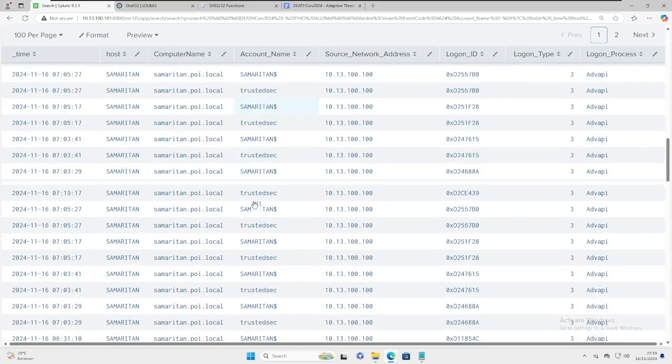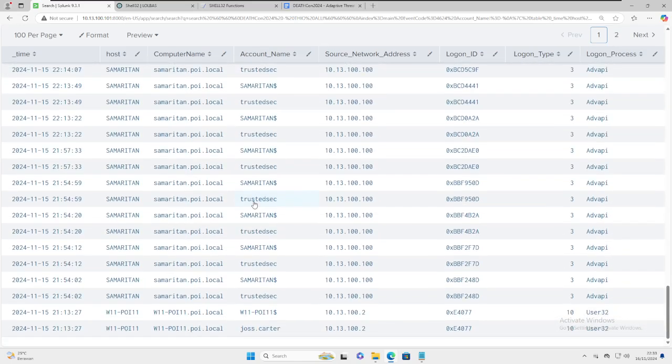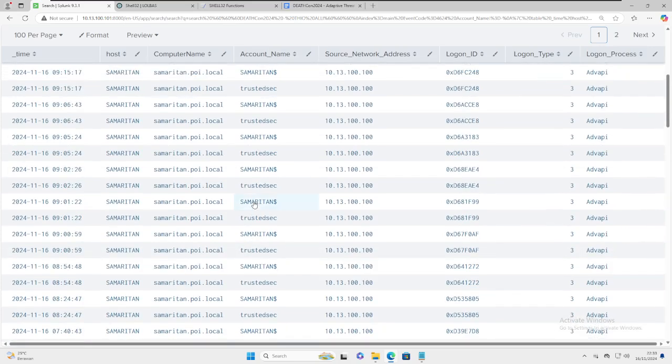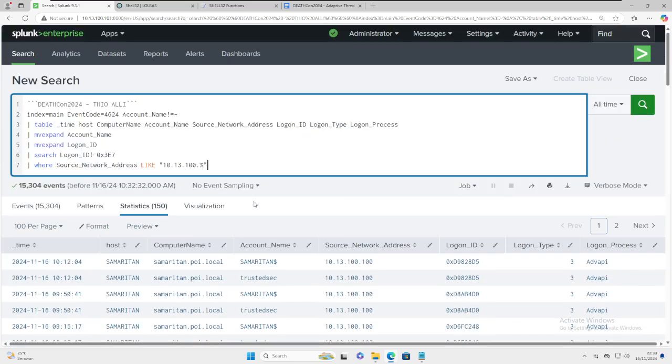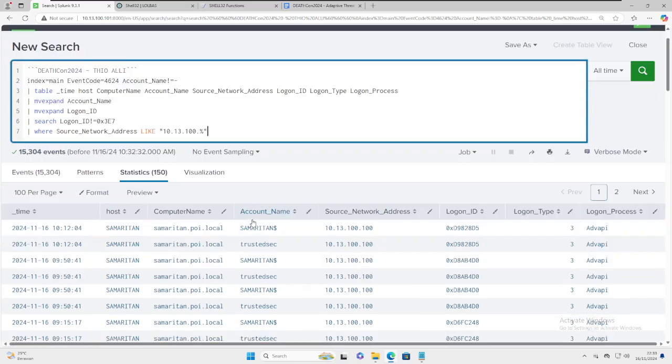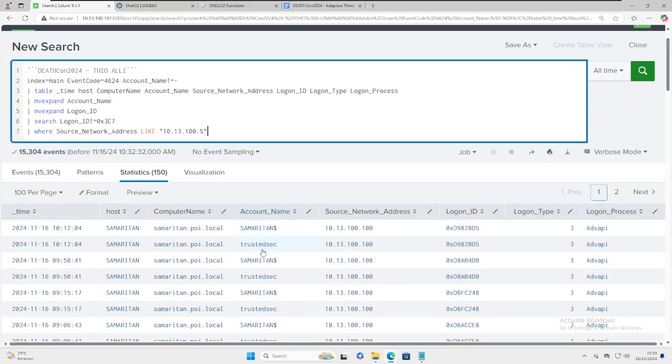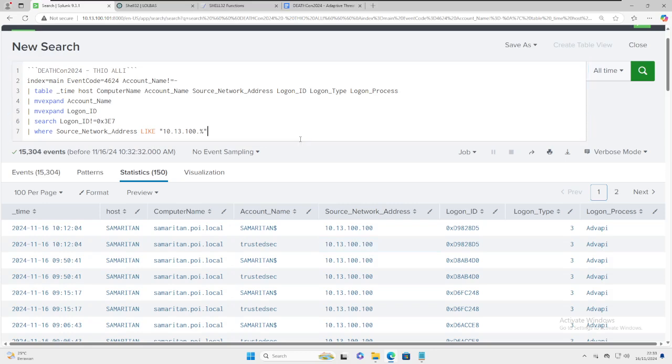As you can see here, there is some information showing us a logon activity from the account name trusted security, or trusted sec, from the source network address 100, which is the threat actor IP.